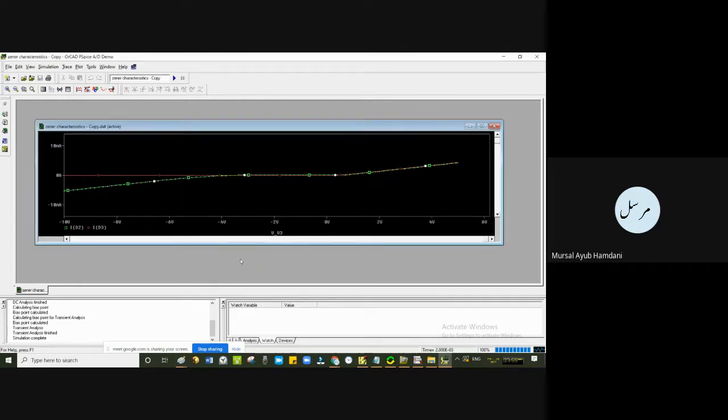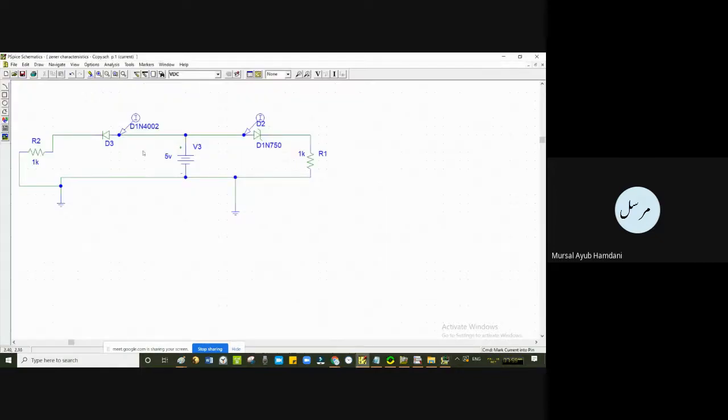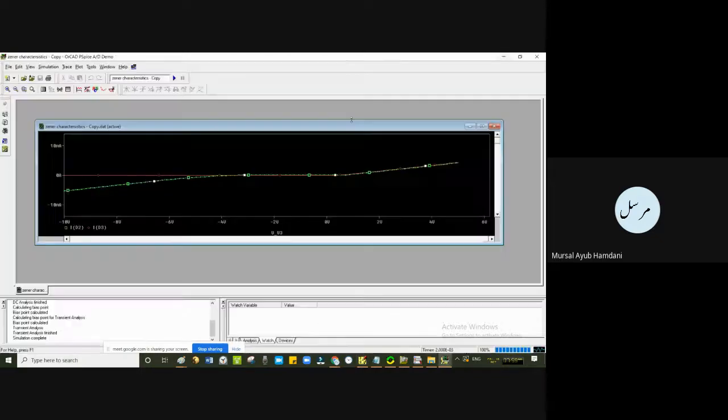Okay, you can clearly see now the green one, which is the Zener diode D2, as you can see here. Yeah, Zener diode D2. Okay, so for that the breakdown starts at around 5. Okay, so clearly you can see this. Okay, now what about the breakdown for a normal diode? For that to see,